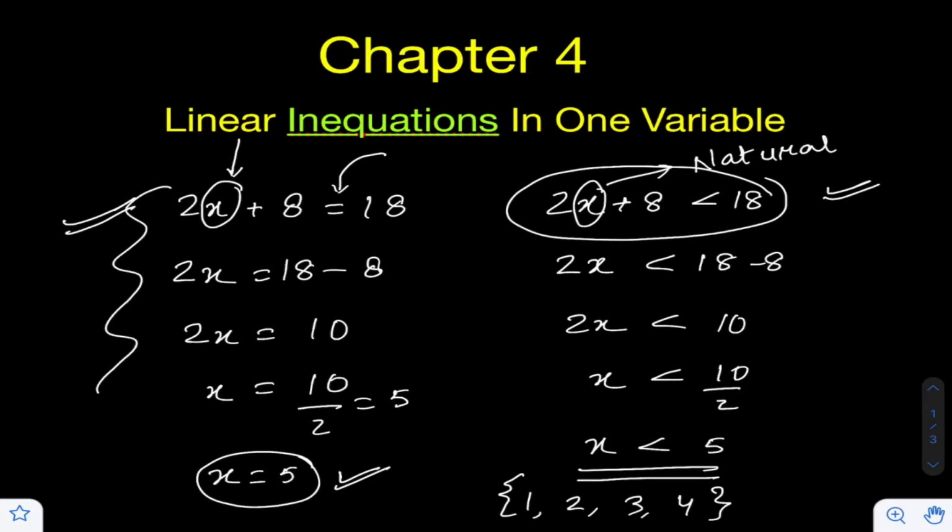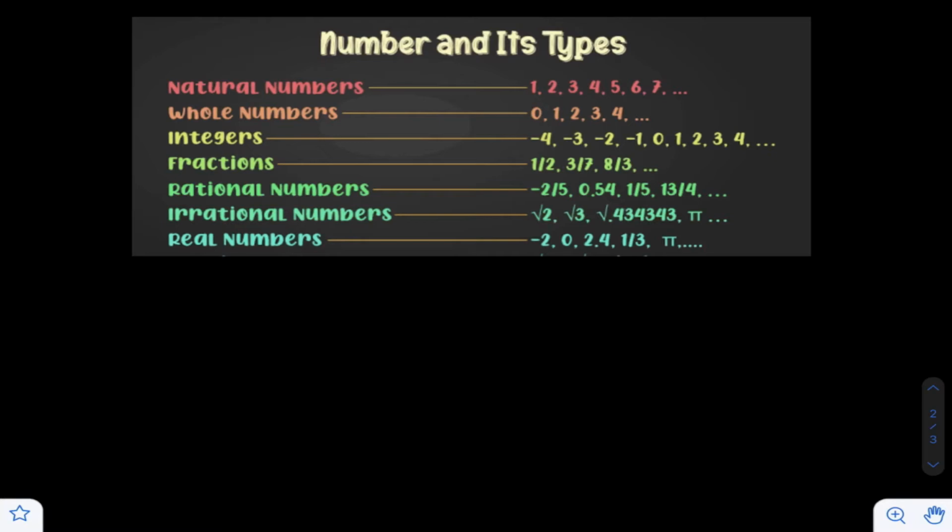This part we have studied in the junior classes. Now this part we will study in class 10th. Now before we start exercise 4a, we have to summarize the most common sets used in mathematics. Like natural numbers, you should know natural numbers start from 1. Whole numbers start from 0, and then 1, 2, 3, 4 and so on. Integers have positive also, negative also, including 0.